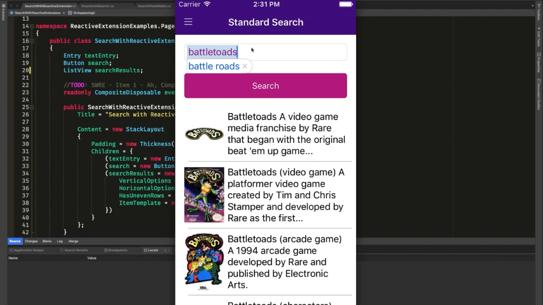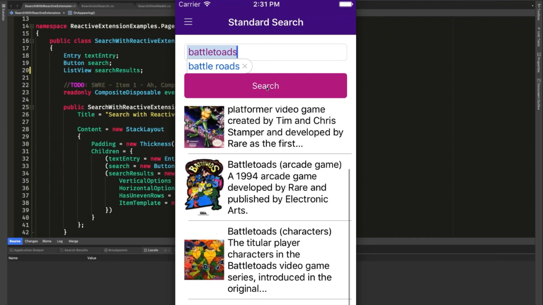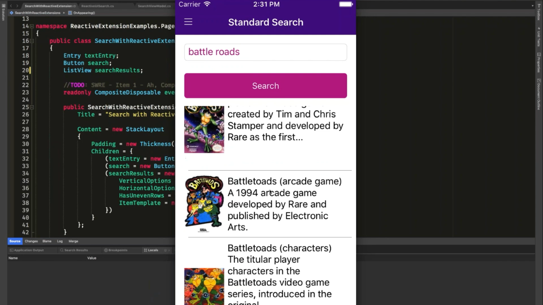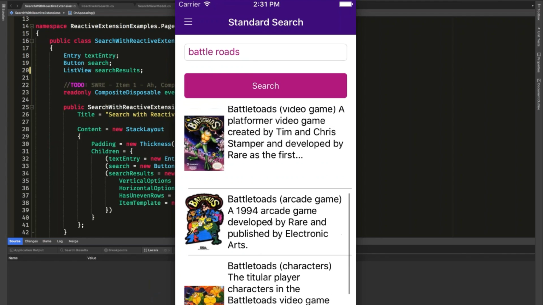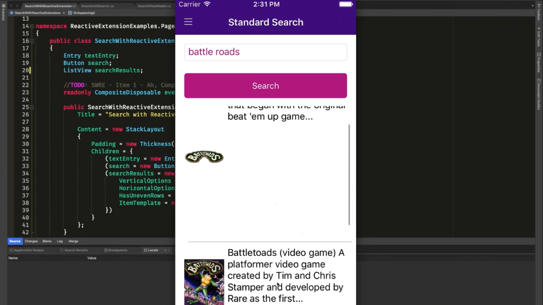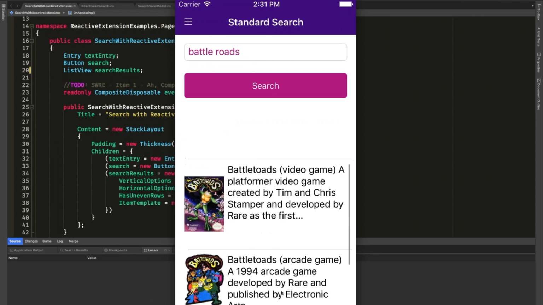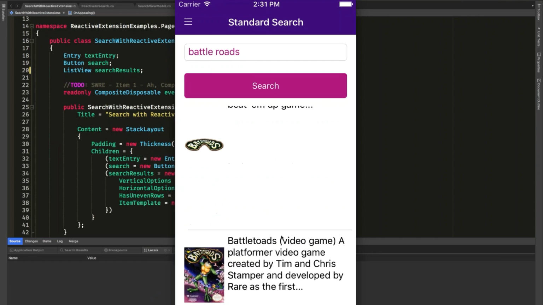Battletoads, right? I can search for Battletoads here, give it a little bit of time, and then you'll see it's going to go and actually execute my query and load my data into the UI here. I can click search again afterwards, right? If I hit search again, it's just going to requery out there, go get that data, and show it here in my list view again. All right, but nothing too crazy. But let's actually go and see the implementation of what it took to do this in sort of that traditional